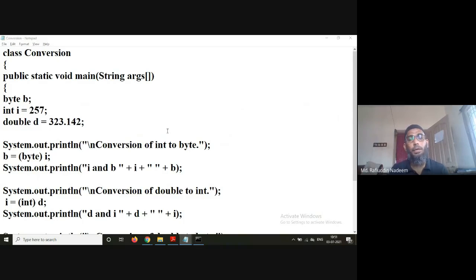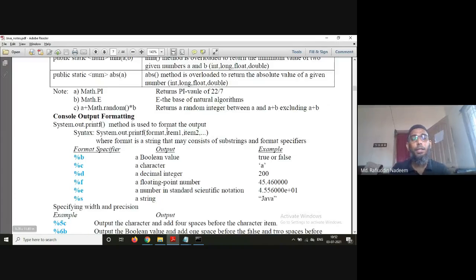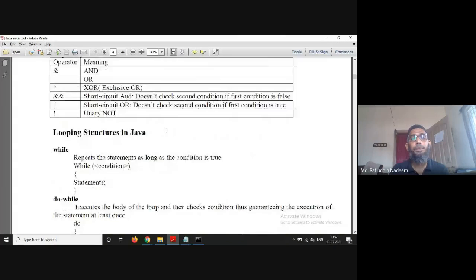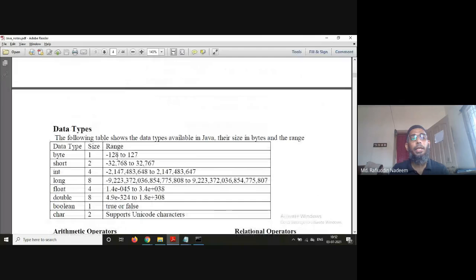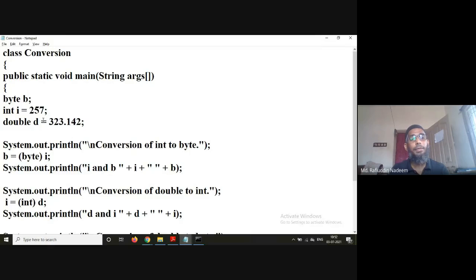If you remember, the byte data type has only the range from -128 to +127. Now if you want to convert this integer 257 into byte, you can write it like this: b equals byte of i. When I say byte of i, then i will be converted into the equivalent byte value, and it is displayed.